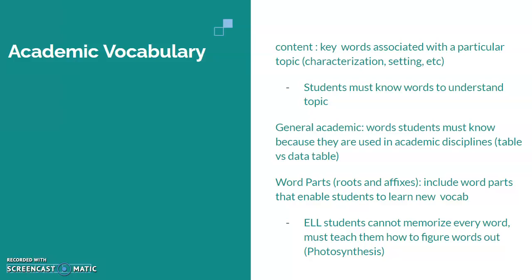So the first category of academic vocabulary is content vocabulary, and these are keywords associated with a particular topic, the one topic being taught. For example, if you're in a reading lesson and you're trying to get them to understand what a setting is, there are some students in the class that maybe don't know what the word setting even means. So then they are unable to comprehend and to show you as a teacher that they know a setting in a story. They might know exactly what the setting in the story is if you explain to them what that word is. They know where this story takes place, they know the location, but they don't know the specific word